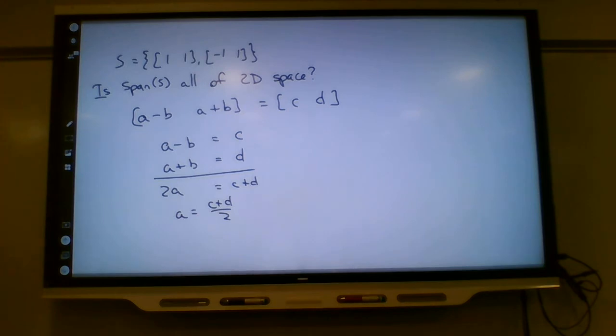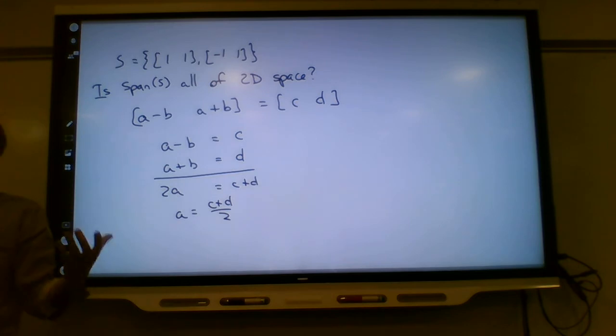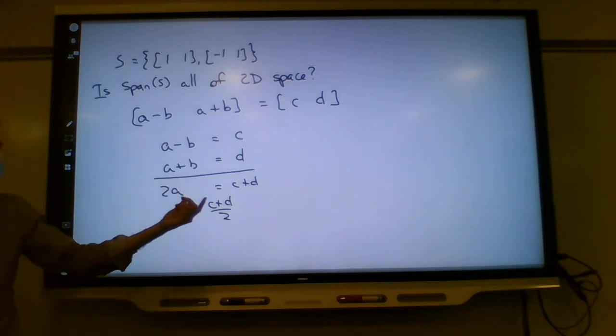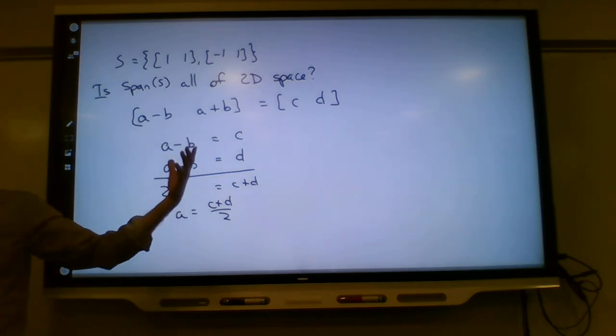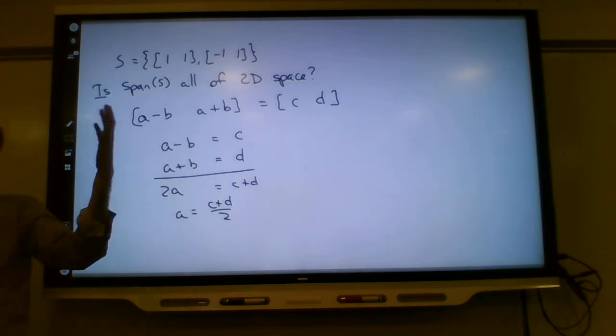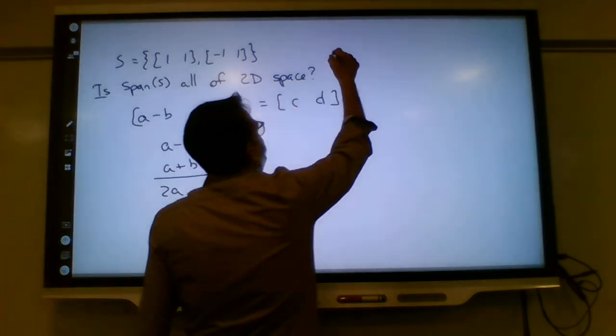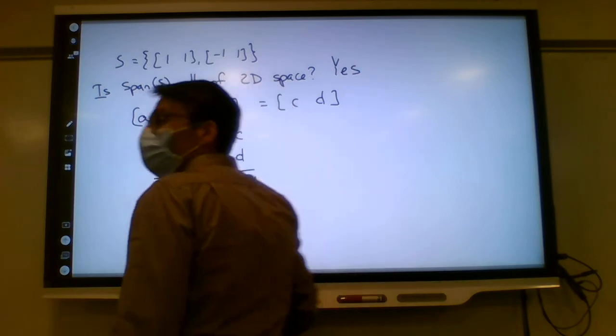And then what can we do? We can put that back in. We know c and d, they're actual numbers. So we can always put that back in and find out what the b is. Right? There's no a, there's only b equals something with c's and d's, and c and d are actual numbers. So what does this mean? This means, yes, we can build everything